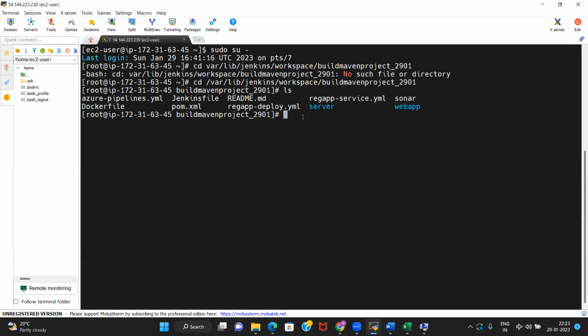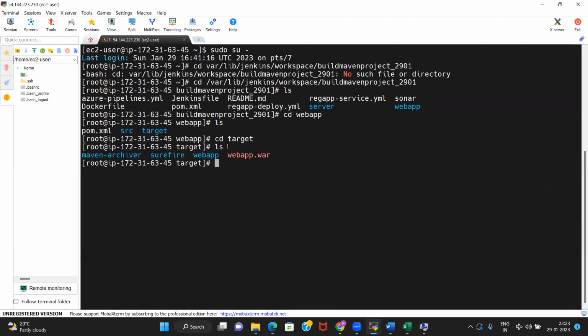Now, where is our folder? Web app folder. And if you go inside, within the target, you see webapp.war is created. This is our executable. This is our web application that is built with the help of Maven. Okay, webapp.war.